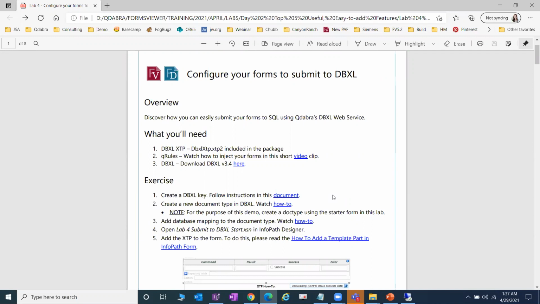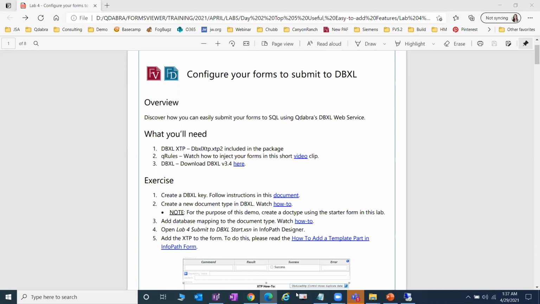But one of the commands we have now is two commands called Make Request and Execute Request. I think those are the two; maybe I got the names incorrect. But there are two ways you can write directly to the SQL database from your forms. You don't actually need DBXL, and we have customers doing this. The downside of approach number two, because approach number one is no longer available since you're not using the InfoPath Filler,